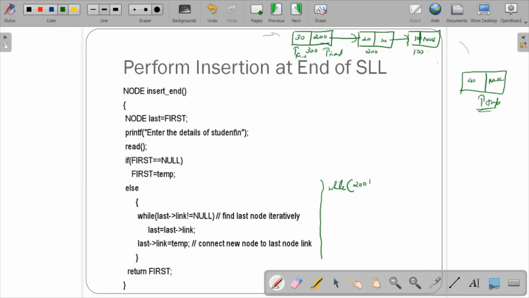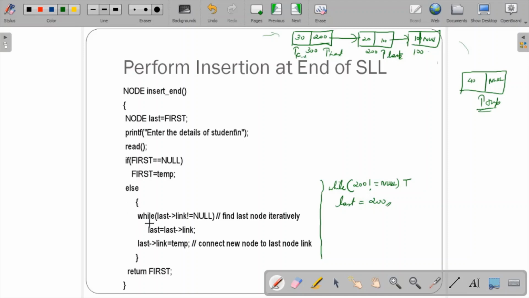So that 200 is not equal to null, whether it is true, yes it is. While 200 not equal to null, it is true. If it is true, last is equal to last link. What is there in last link now? 200. So now updated last will be 200.